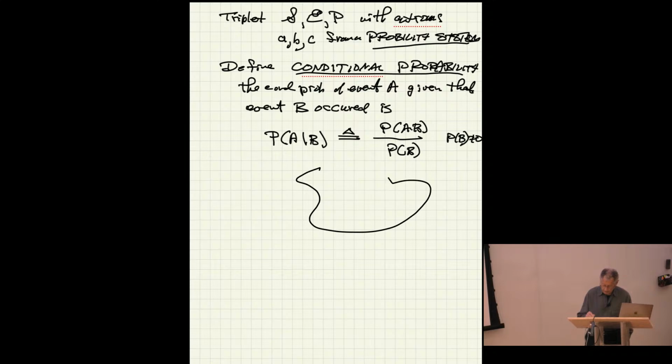If I've got some kind of a sample space, say this blob contains all the possible sample points, and if the event B, say, contains those points, in black,